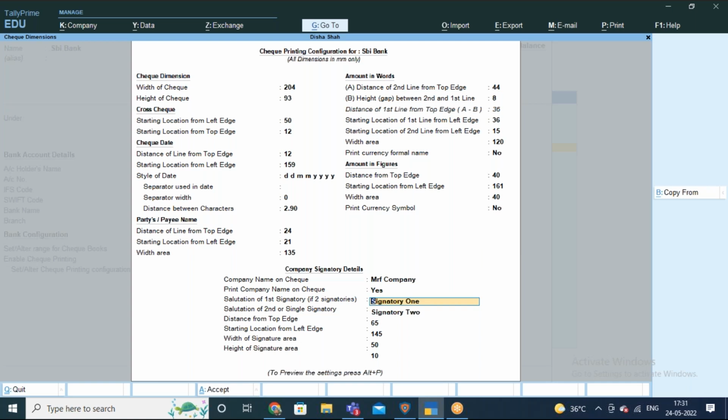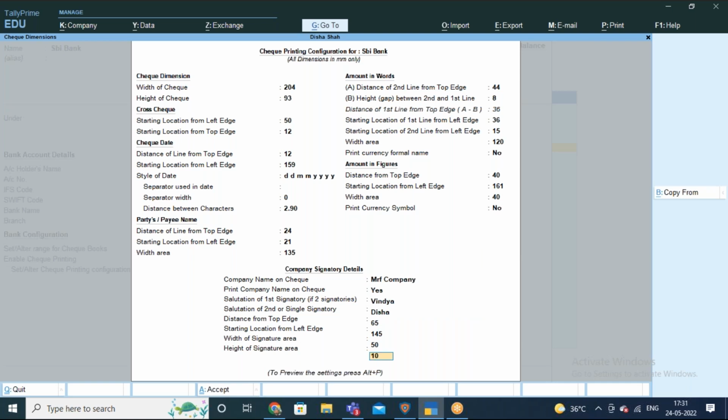The next: who has the signatory authority? Authorized signatory. That person's name you can give. To remove the existing information, press space bar. If you press space bar, you will be able to remove the content of that field. Whatever name you want to use, you can use it. So give your name. Wow, nice. So it's a joint account of Vindhya and Disha. Good. If you want, you can keep both. Otherwise, you can keep any one also. Okay, enter, enter, enter,